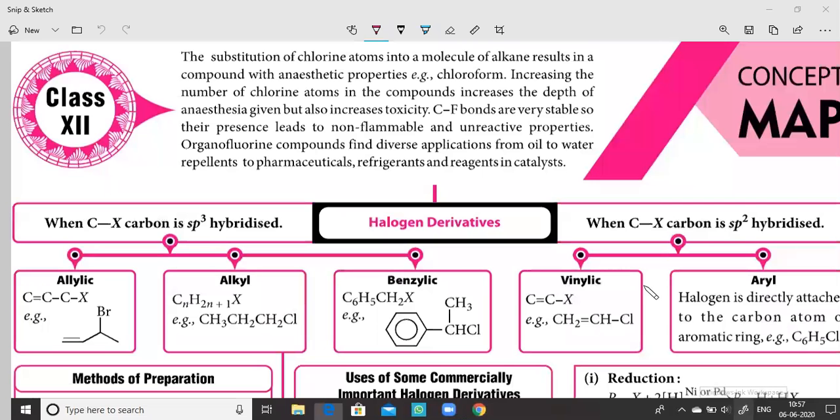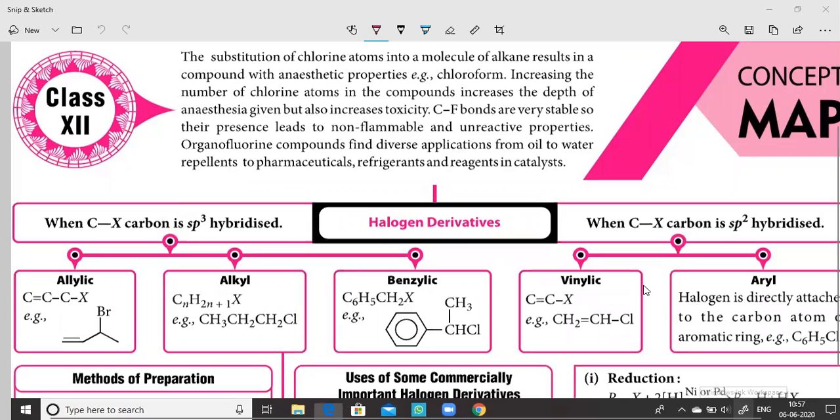Fine. Today, let us discuss the chapter haloalkanes and haloarenes. This is the first chapter in the organic chemistry of second year. From this halogen derivatives chapter, you will also get questions for the NEET as well as CET examinations. Right. So here, let us go to the introduction: what is meant by haloalkanes and what is meant